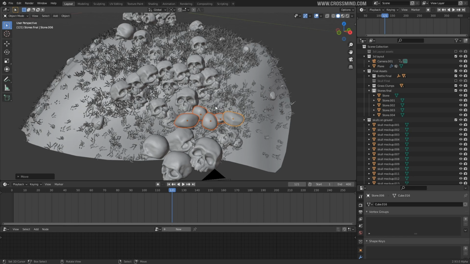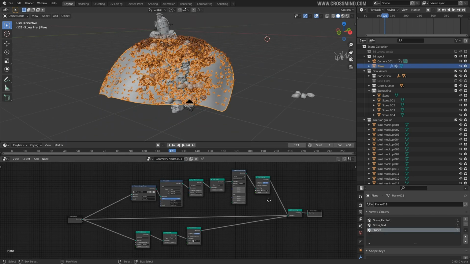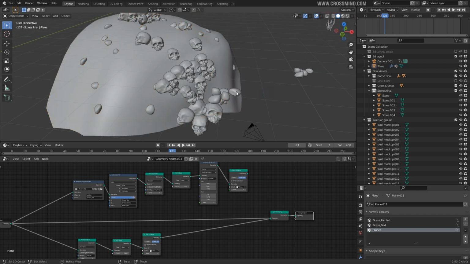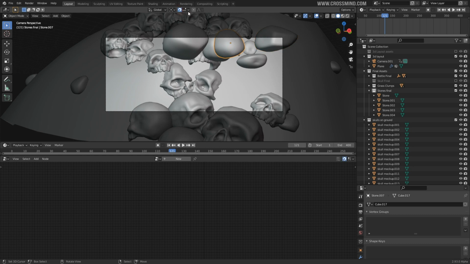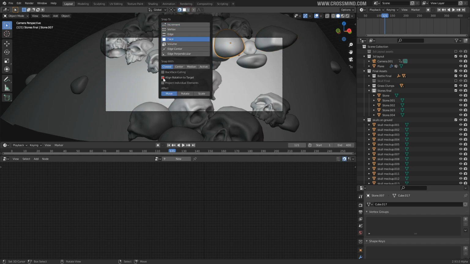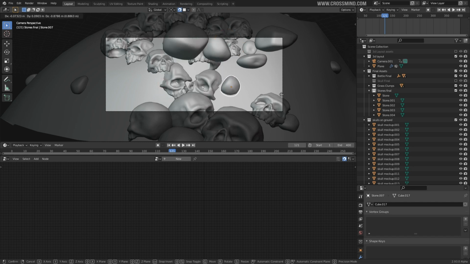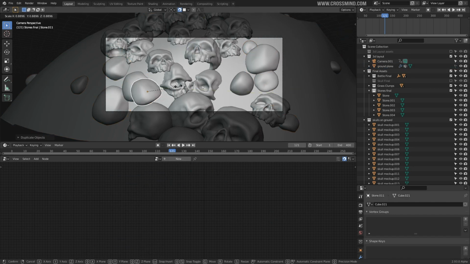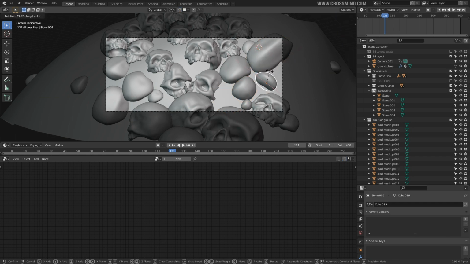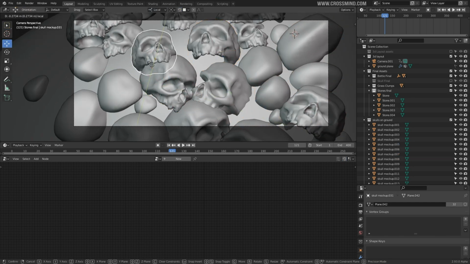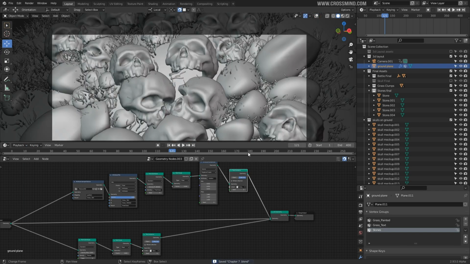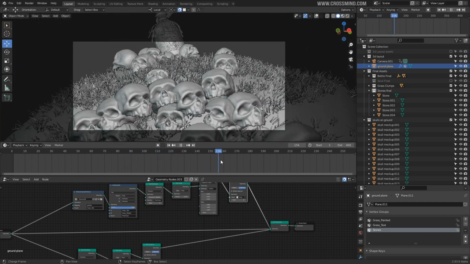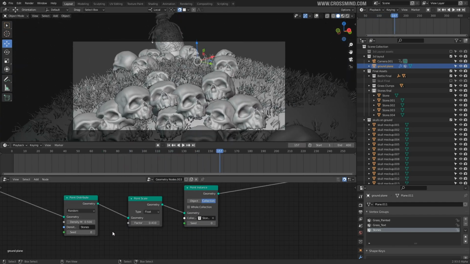What we can do now is just disable the grass for now and focus on these stones only. I'll enable the snapping, go to the face mode, align rotation to target, project, individual, and just start moving things around. We have the grass, we have the ground. Now you can just keep on